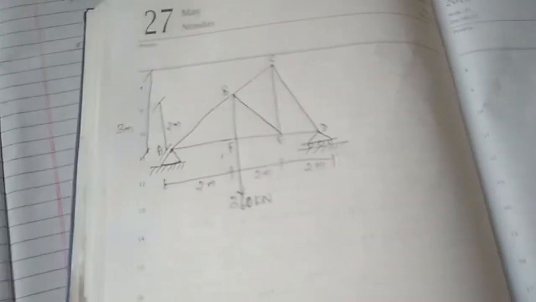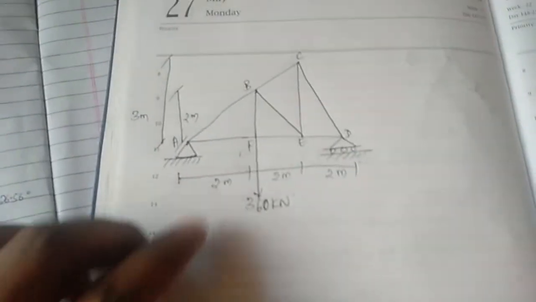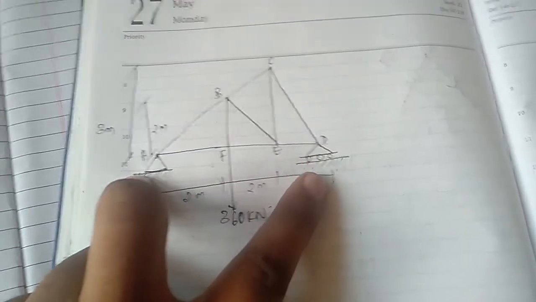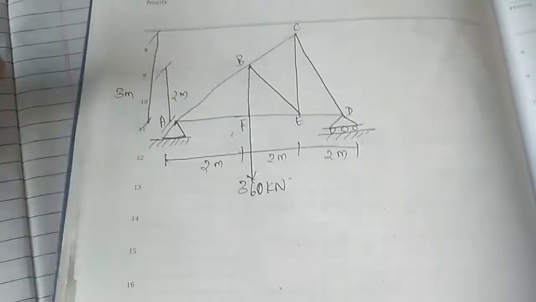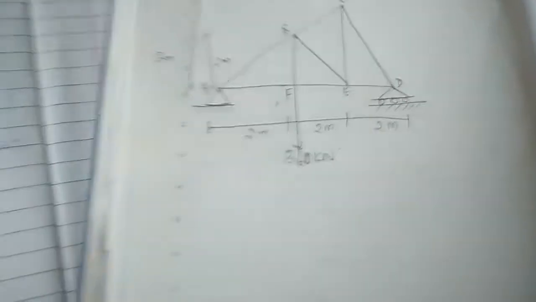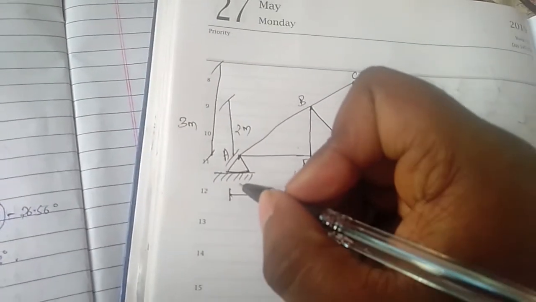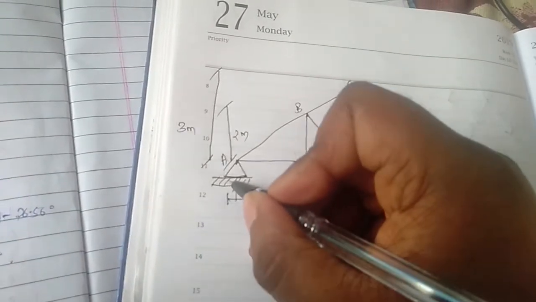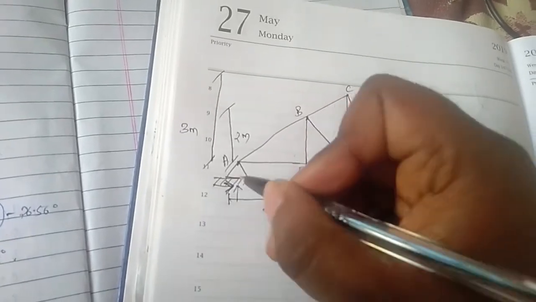So I have already told you by solving that problem that in that problem they have given two supports. So we have calculated only for that support. So in this problem they have given different kinds of supports. One is hinge support and another one is roller support. As I have already told you, if there is a hinge support, there will be two forces. One will be a vertical force and another will be a horizontal force in this direction. Please consider in this direction.